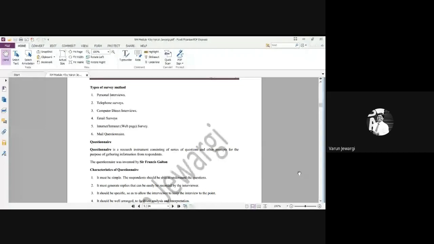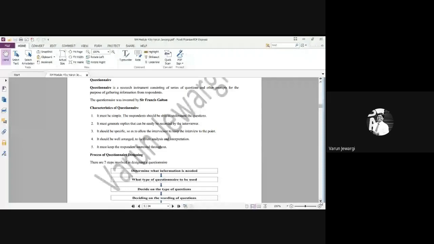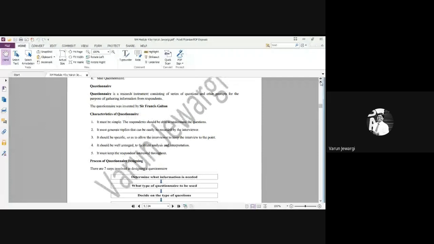Questionnaire. A very, very important question for the exam. You take any specialization, this is going to bother you. You have to prepare a questionnaire for your project, and you have to do this. Finance, yes, exceptional cases. But for HR and marketing, this is going to bother you a lot later.